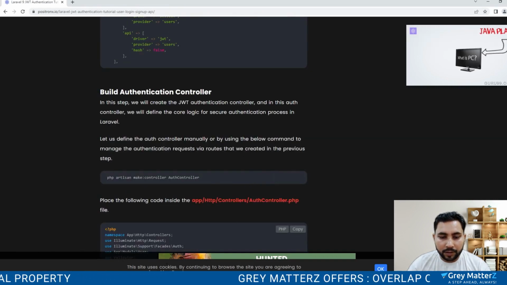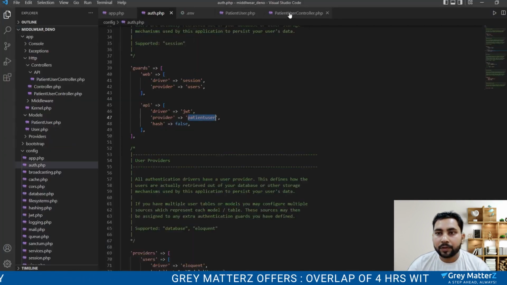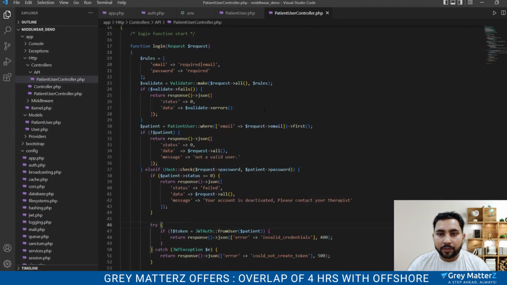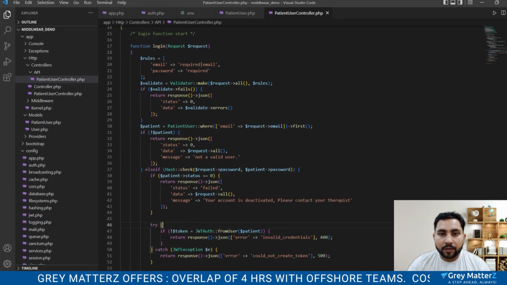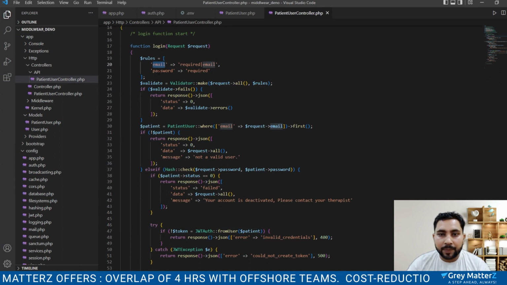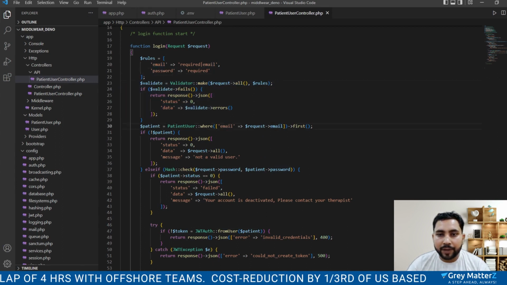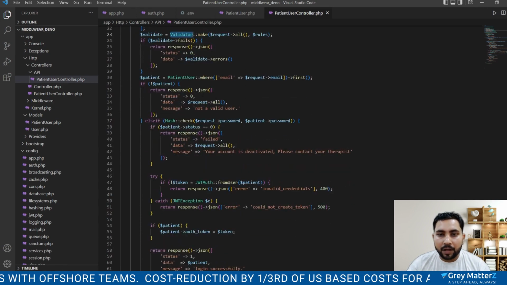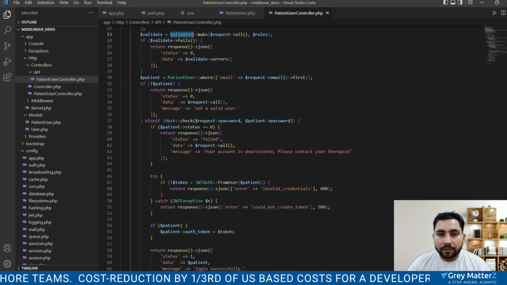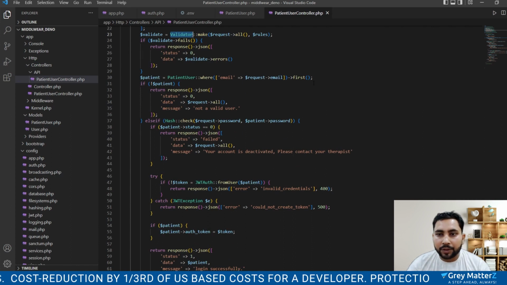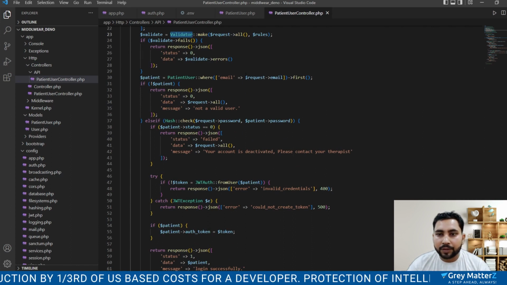Let's go to the controller. This is my controller for login, with email and password. For validation, we use the Validator class. After validation succeeds, we check whether the user is authenticable or not by using the email.